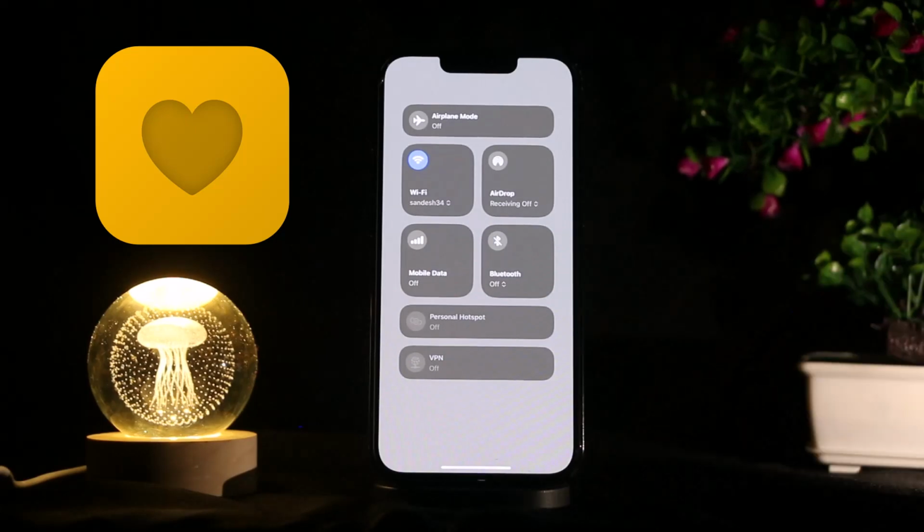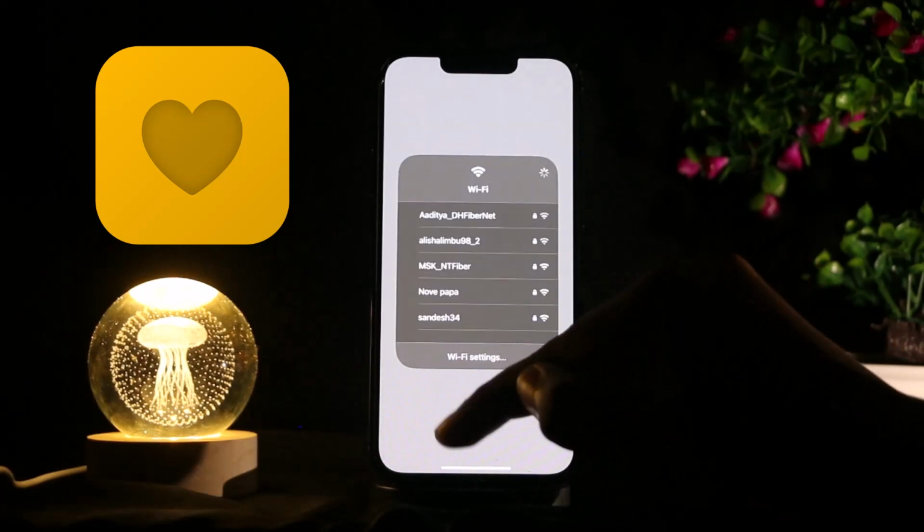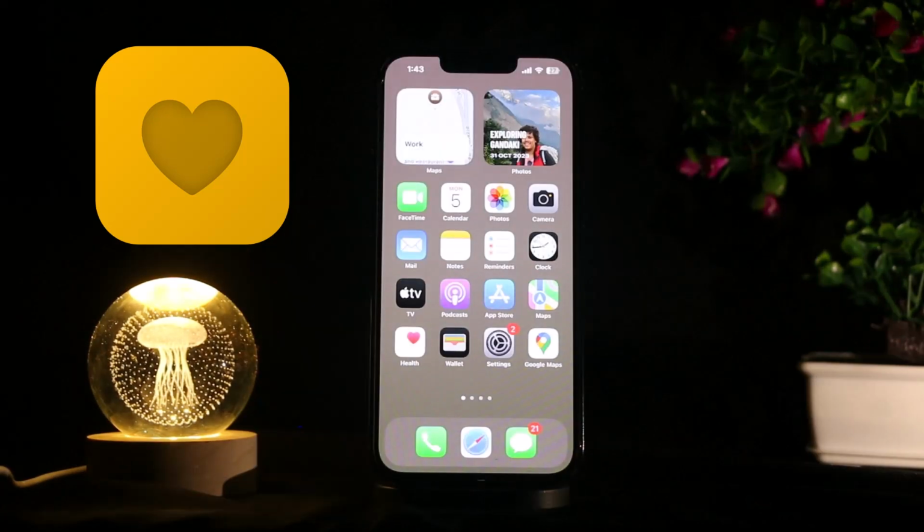So simply go on the control center of your iPhone and turn on the airplane mode for 10 seconds. Turning on the airplane mode for 10 seconds helps to fix the bugs or the errors which are currently occurring on your app, and also helps you to reset all the network settings of your phone. So simply turn it off after 10 seconds and connect your device to any kind of Wi-Fi or